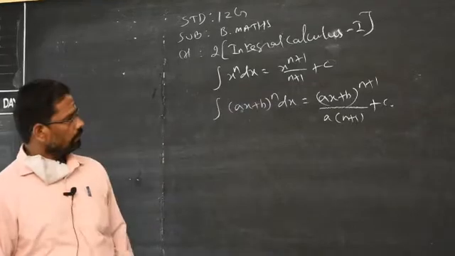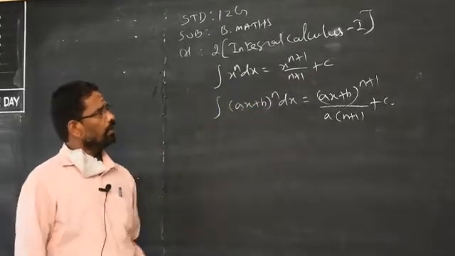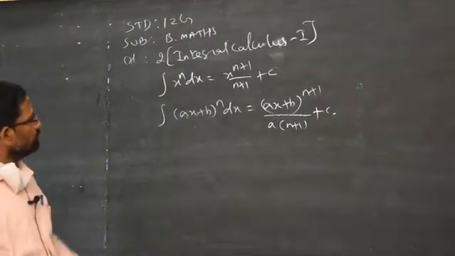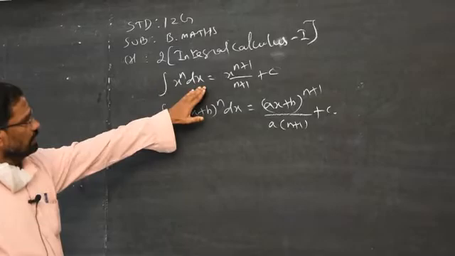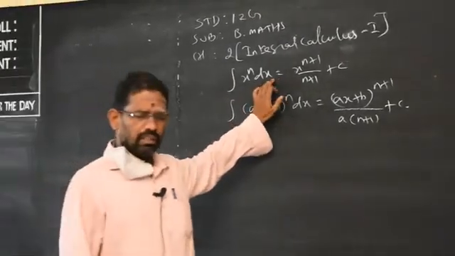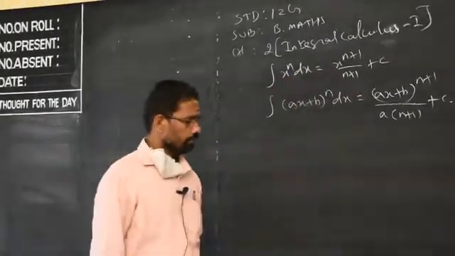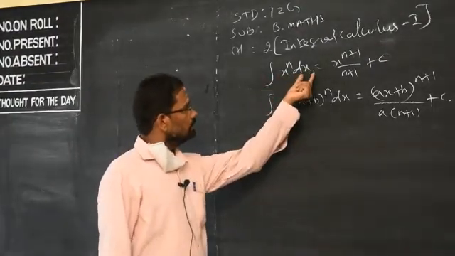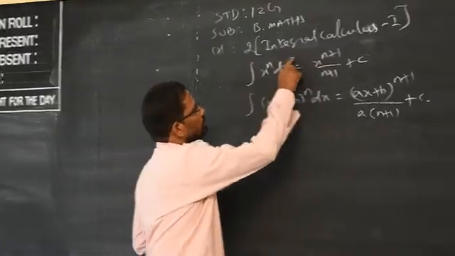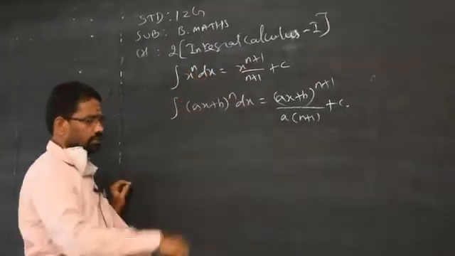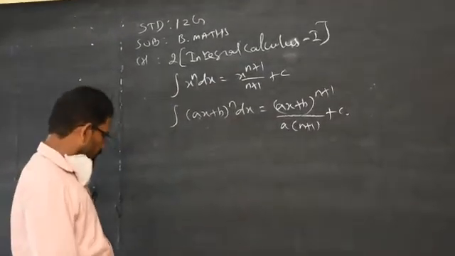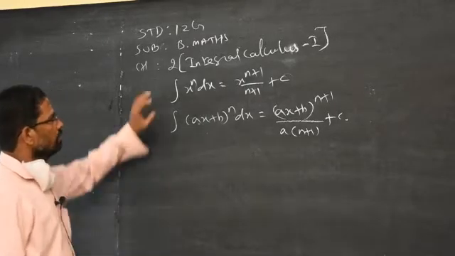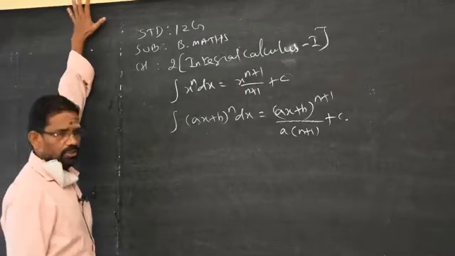So we have so many formulas to integrate the function with respect to the x variable, or sometimes when the function is given in terms of y, you are supposed to write dy. When the function is in terms of x, you integrate with respect to x, that is dx. So what is the difference from derivatives? Derivatives are used to find the slope, whereas integration is used to sum the areas or numbers.